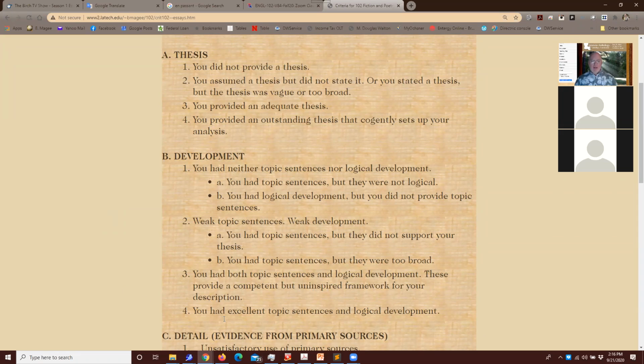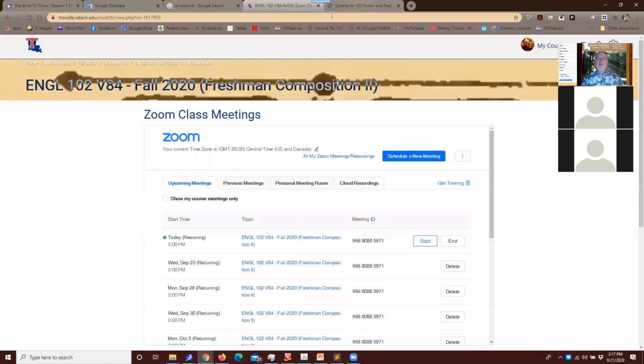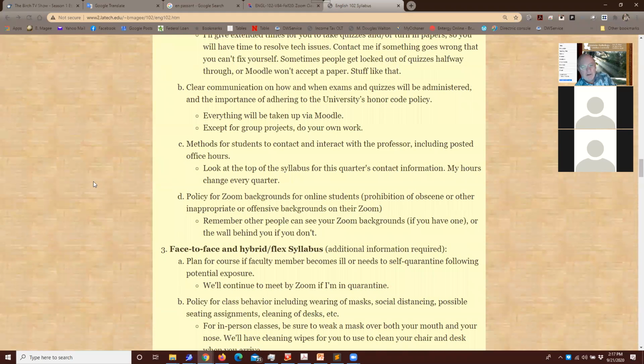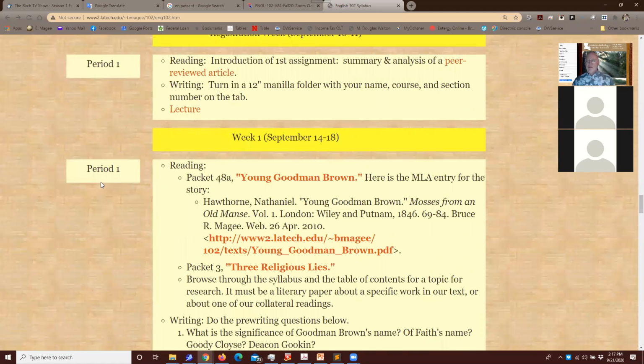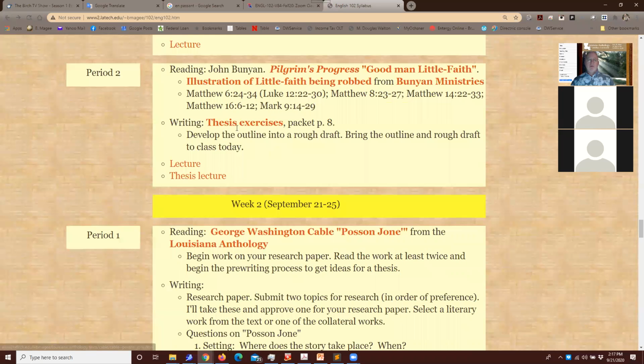Now, you'll see the second thing I grade is the topic sentence. Guess what? A topic sentence is exactly the same as a thesis statement, only it governs a paragraph instead of a whole paper. With that in mind, let's get a little practice in talking about theses. And we've got these exercises. I'll just call your name in alphabetical order, and please read the sentence we're on and tell me whether it's a thesis or not.